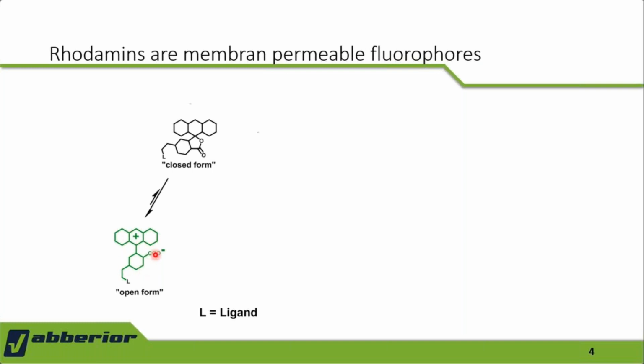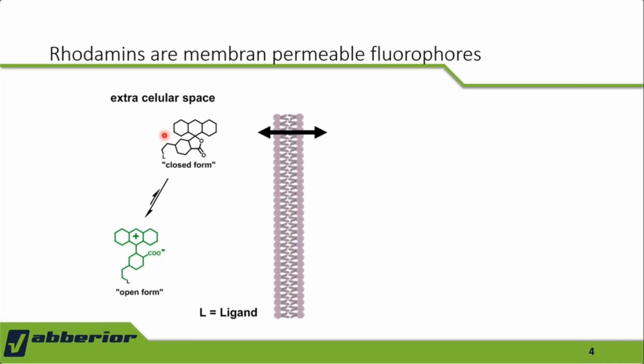However, because of this zwitterionic character, the fluorophore cannot enter the cell. But there's also an equilibrium, so that the fluorophore can exist in this so-called closed form. That means that this negatively charged oxygen here can interact with the center carbon of the xanthene ring to form the so-called lactone ring structure. So the fluorophore now is non-fluorescent, but also non-charged, and can therefore easily enter the cell